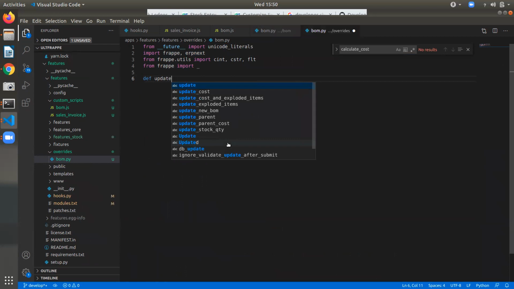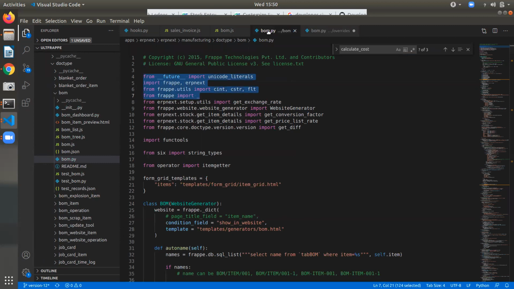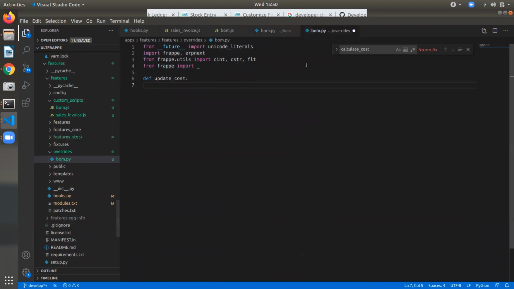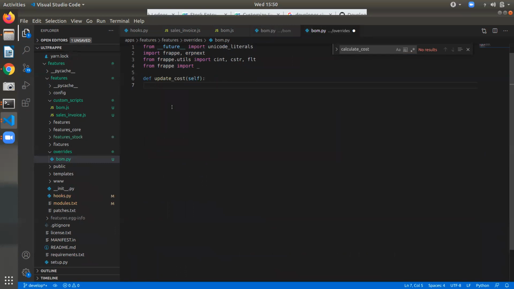Update cost. Update costs. self.total_cost equal to self.